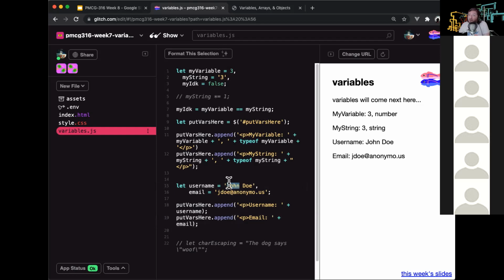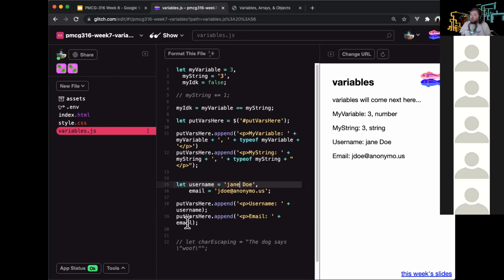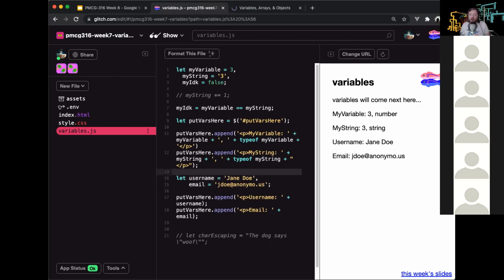Like say John Doe logs out and Jane Doe logs in. If we stash these in variables, we can still use the same variable name to insert things into the document. We don't need to worry about rewriting, and we can reuse the same logic no matter who our user is. For one example,